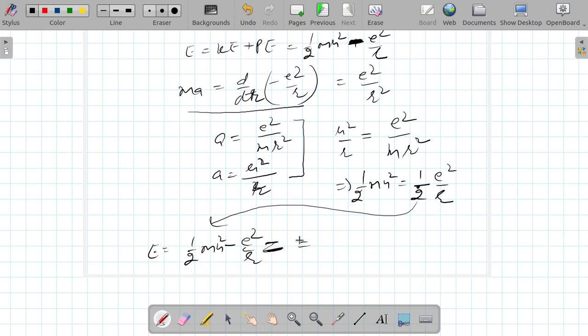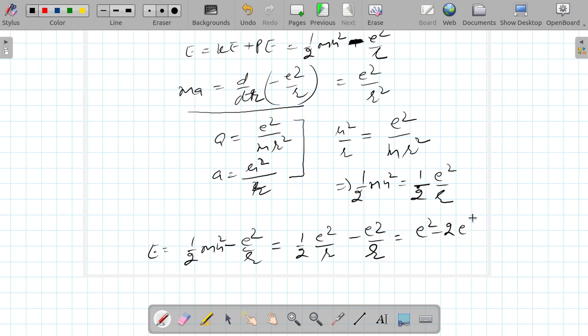So it will become half e square upon r minus e square by r. So it is e square minus 2e square upon r. So it is finally minus e square by 2r. So therefore,